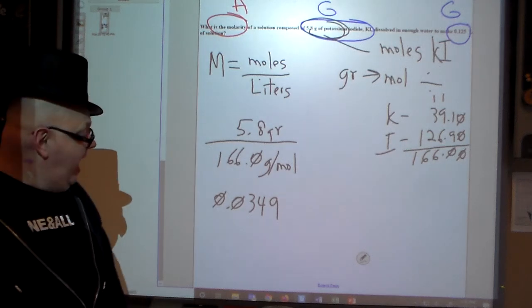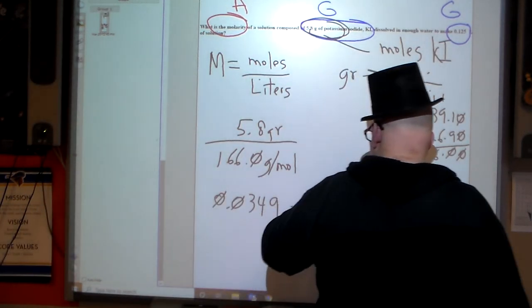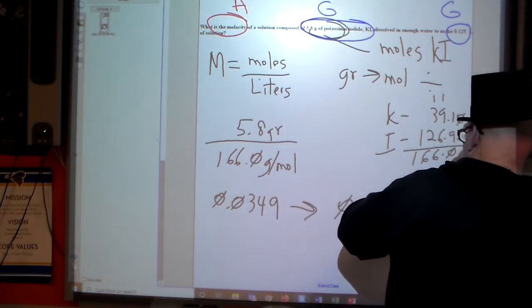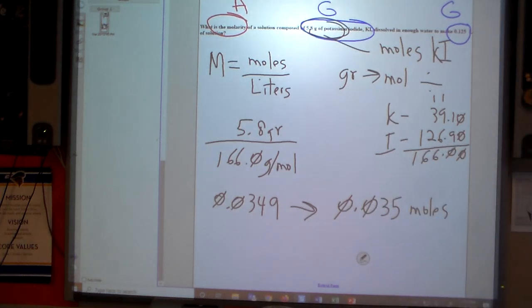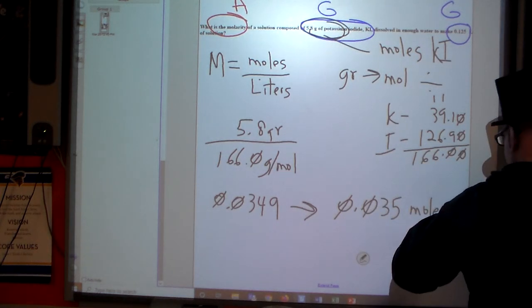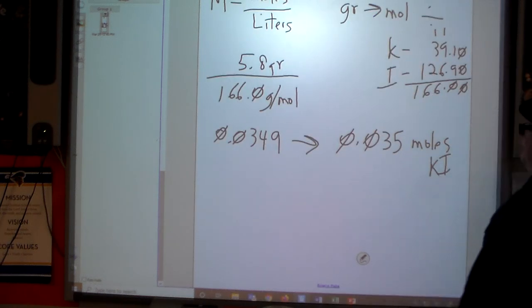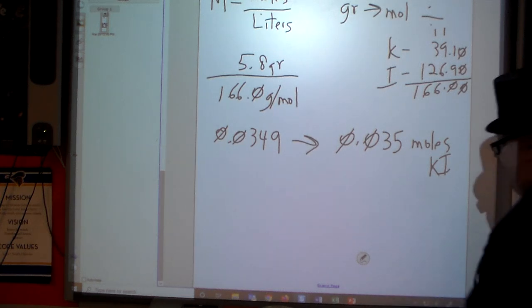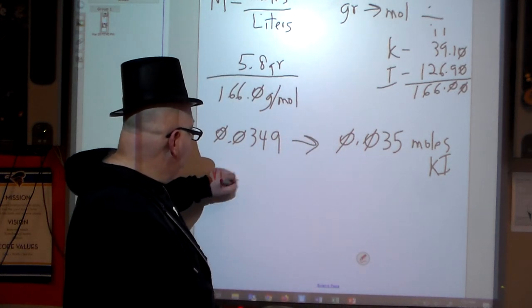I'm going to round that to 0.035 moles. I'm going to have 0.035 moles of potassium iodide. Now that I've got the moles, I can plug that into the formula. Molarity is equal to